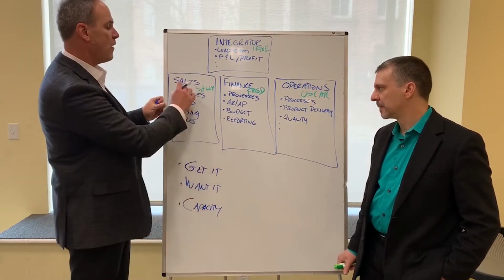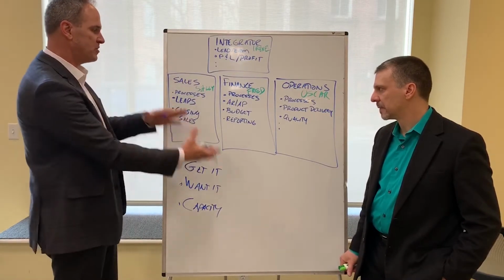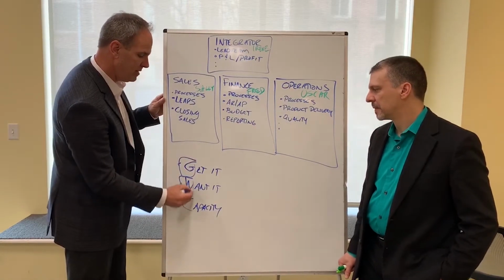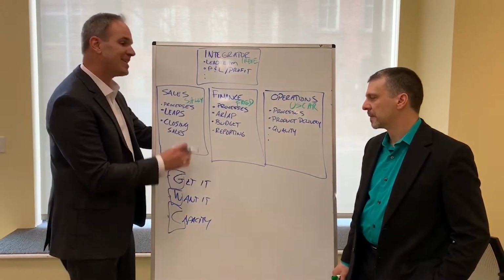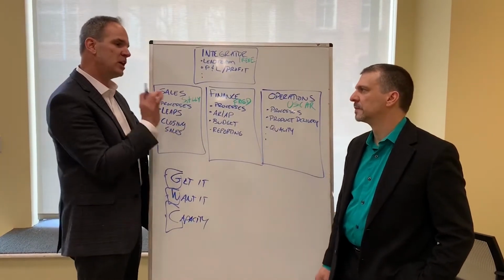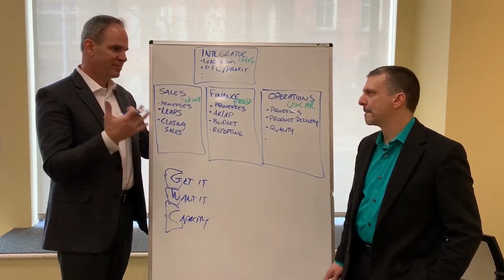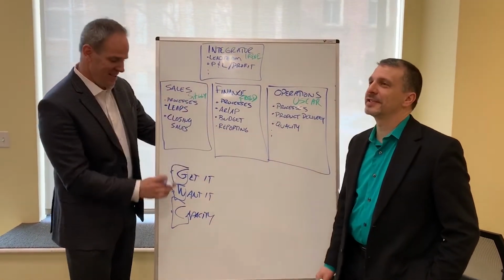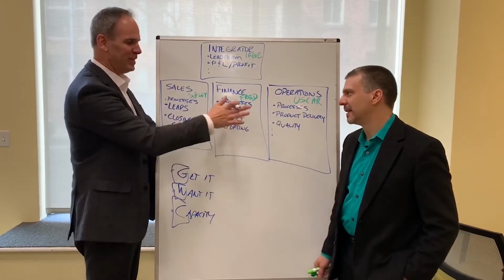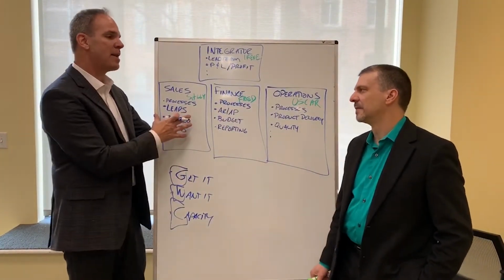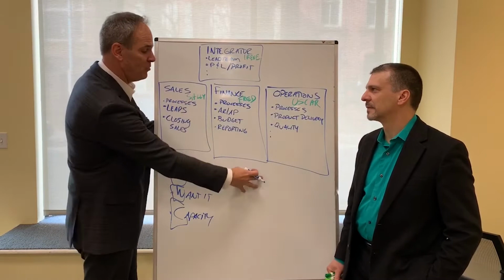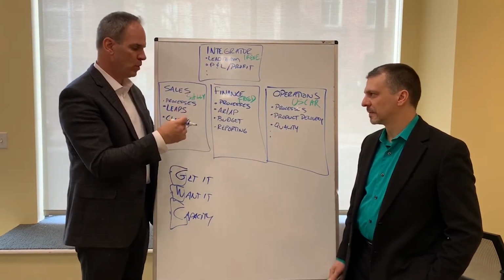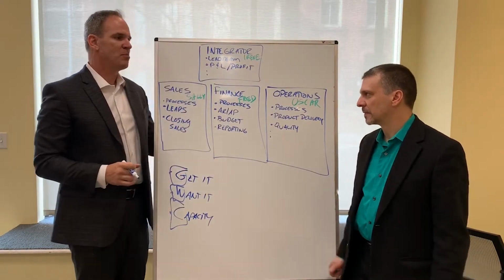But that's the idea. So if I were to put Sally in this role, because we need to stick Sally in the role, does she GWC that role? We ask the team, does Sally get it? Does she understand the role? Does she understand how to do it? Does she have the right processes and systems? Does she have the right tools? Does she want the role? That's really important, especially in sales. Hungry, you've got to be hungry. Any role, really. And then capacity: does she have time to do that role? Especially if Sally happened to be doing something over here as well, or she was one of those people who did a lot of roles. So get it, want it, and have the capacity to do it.